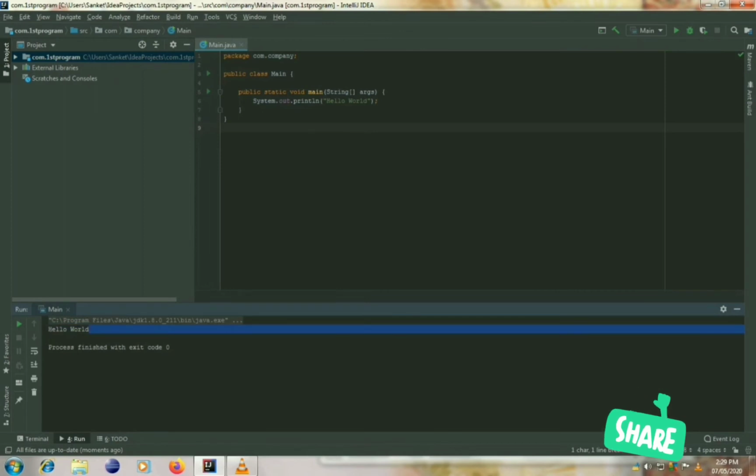So can we write something other than this? Let's try it. Desi Programmer.